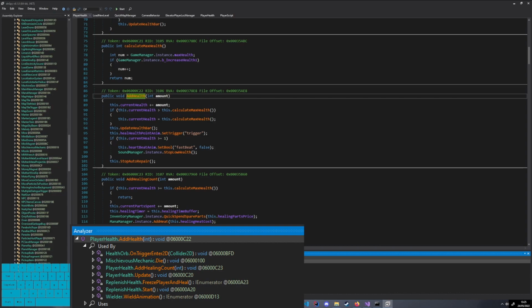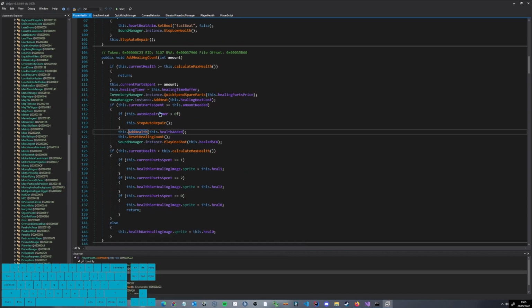And then we can see here what it's used by and what it's called by. For example, we have the AddHealingCount method, and this is something with the current part spent. So this to me looks like the repair thing, like healing basically, from the game.